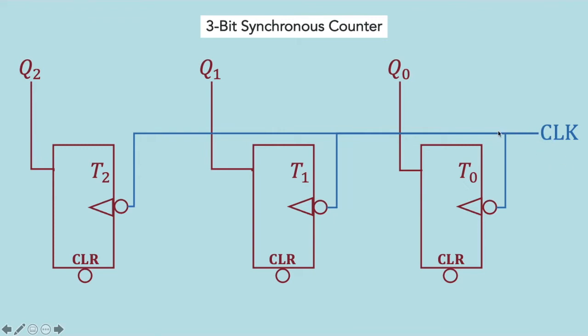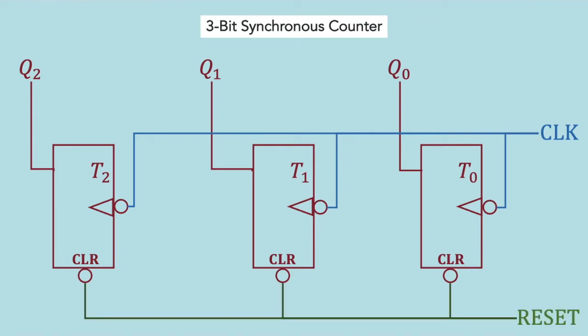Initially, the counter starts counting from 0, 0, 0, but during the middle of the counting, we can force the counter to return counting from 0 by activating these clear inputs. To simultaneously change all the bits to logic 0, we connect the clear inputs to a common connection which we call reset. Based on this setup, if we want to clear the bits, we have to supply the reset signal with logic 0, since clear here has a bubble sign, which means that this is activated for logic 0. But if we want the counter to reset at logic 1, then we have to add a NOT gate